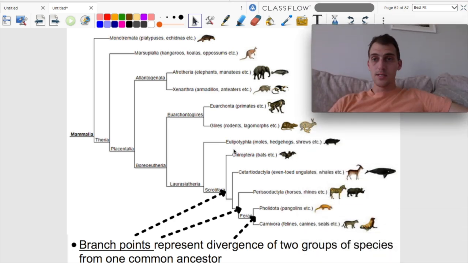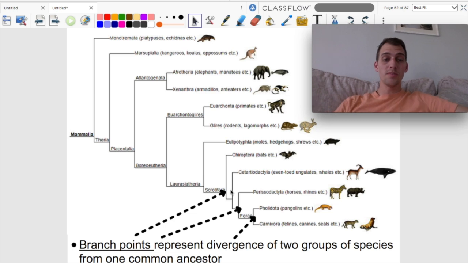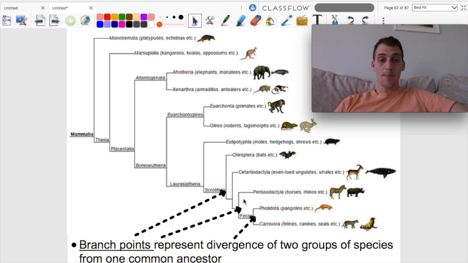What we call these deviations on a phylogenetic tree, where we can see two species or two groups of species branch off from each other, is a branch point. Makes a whole lot of sense. Those represent divergence of two groups of species from one common ancestor. Here's a branch point between Chiroptera and pretty much all these other groups down here. Here's another branch point between Perissodactyla, horses and rhinos, and these two groups, Carnivora and Pholidota. I don't know all of these by heart, but those are branch points, and those represent common ancestors